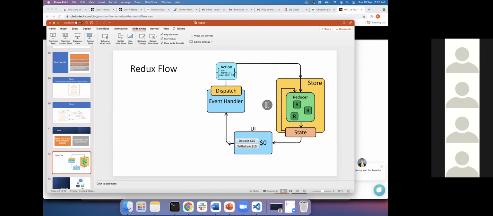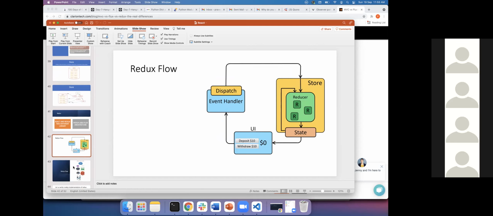So now we have an idea. Now it fulfills our UI needs also, right? The React part is here. React has a button to deposit 100 rupees. When you press the deposit button, you pass a click event saying that 100 rupees is deposited. Then you send the information to the global store. The global store will have a reducer, let's say an account reducer. It's a function, and it takes your input and adds to your balance in your account, then updates your state, and then the UI re-renders. Is it clear? Okay, cool.